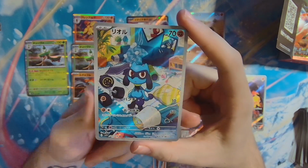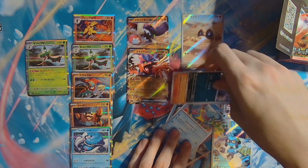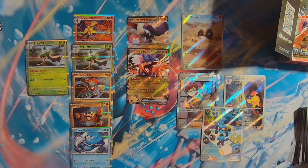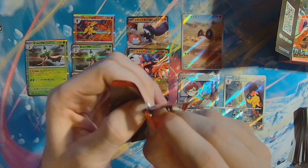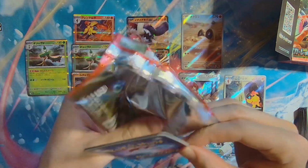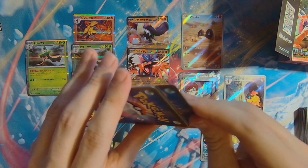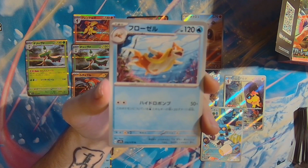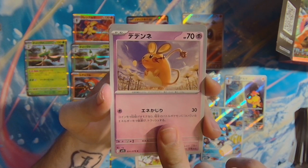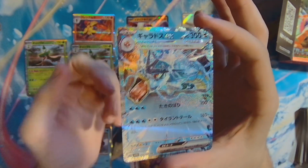And they really have just stepped up the game. Again, with all these art rares, they feel completely different to the ones that we saw in V-Star Universe. They feel not a lot cleaner. I don't know what it is. They just have different vibes to them. And it's cool though, because no one thought that we would continue to get art rares. I mean, I'm sure a lot of people did actually think that we were going to see more art rares, because that's what they did with VMAX Climax, wasn't it? They continued those character rares throughout the year. And so we're probably going to continue seeing these art rares throughout the year. But it's cool how they are still continuing to do it,